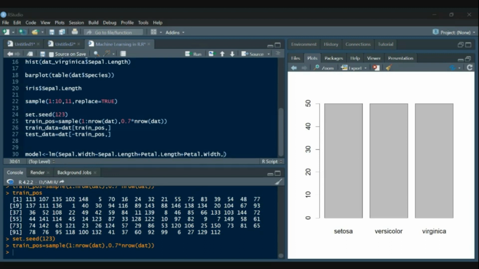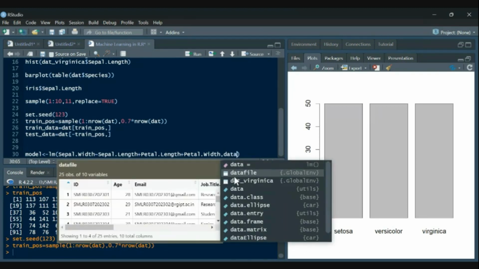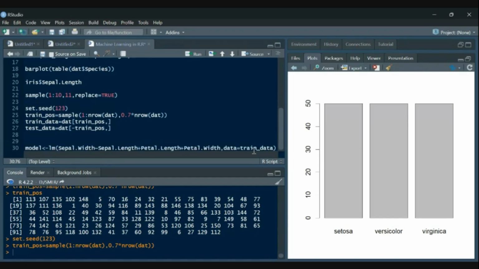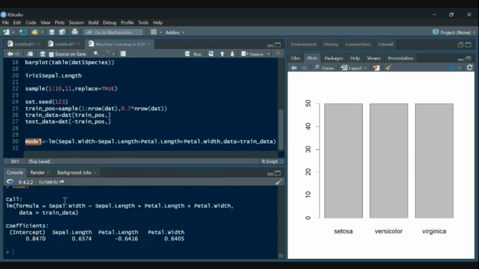Since sepal length, petal width, and sepal width are the column names of our trained data, we need to specify the data here also. So our data is the train data. Let's see what it gives us.